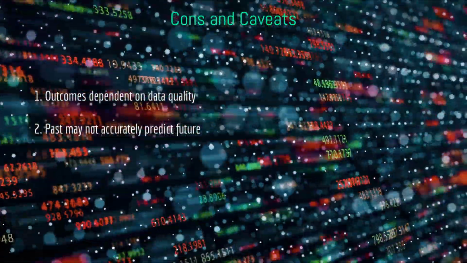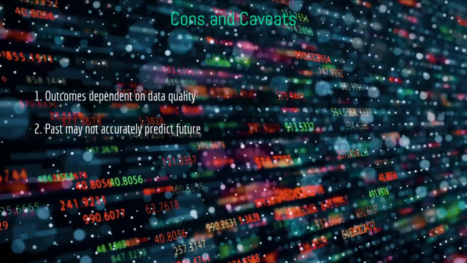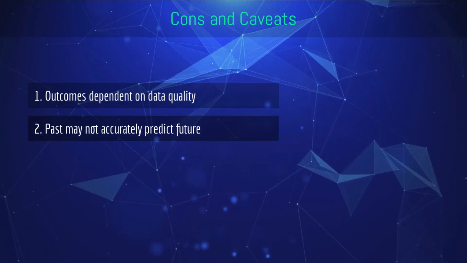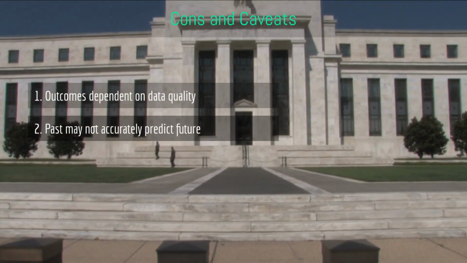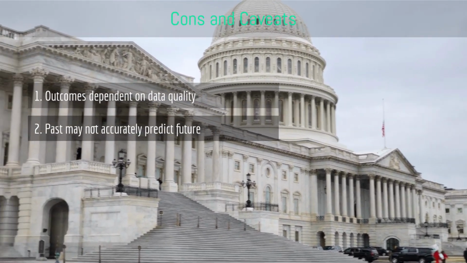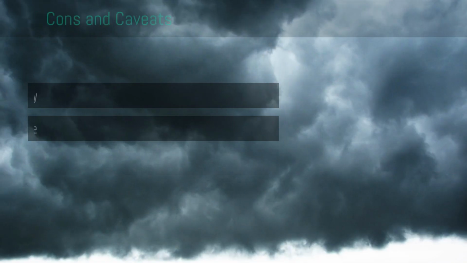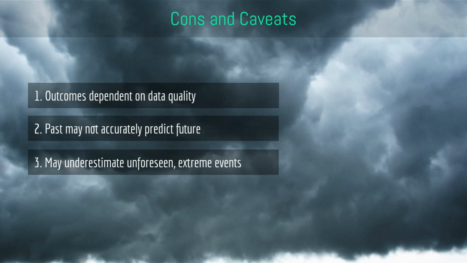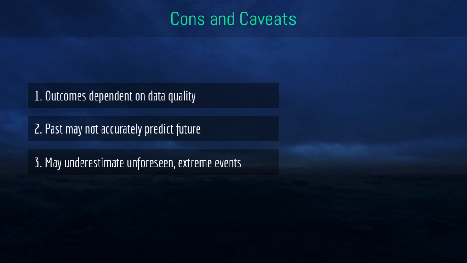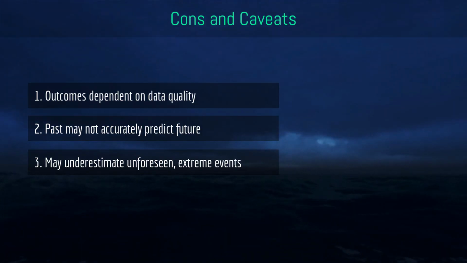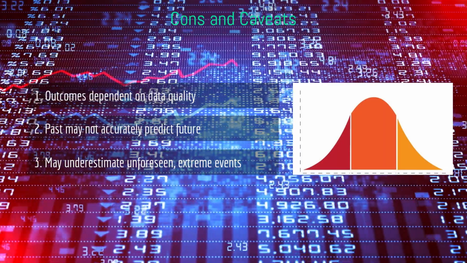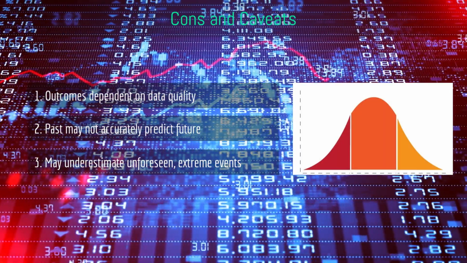Second, Monte Carlo simulations rely on assumptions and historical data, which may not accurately predict future market conditions. These forecasts are subject to the influence of diverse factors such as economic trends, government policies, and geopolitical dynamics. Third, these simulations might not fully capture the impact of significant market downturns, or account for black swan events that may significantly impact financial markets. For example, the Monte Carlo model often assumes that returns are normally distributed, which may not account for the likelihood